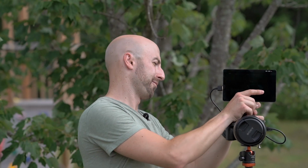It's not a matte finish. It doesn't have the surround. It's kind of like someone who doesn't make on-camera field monitors decided to make the best field monitor they could. They kind of threw out all the conventions and just went with whatever they wanted to. And so what we get is